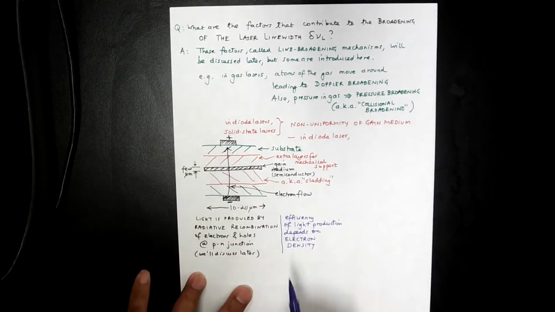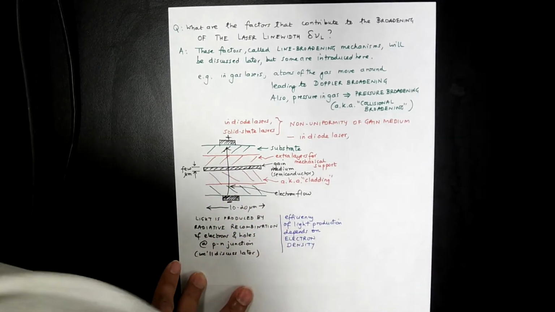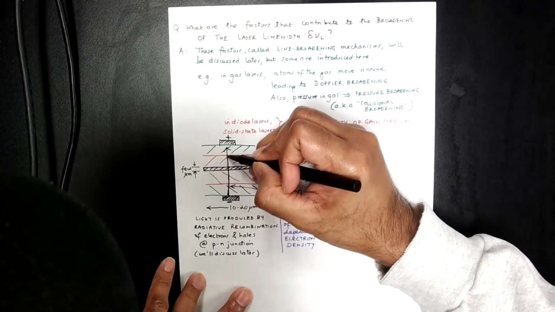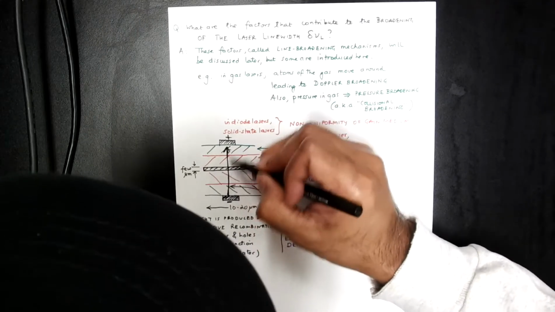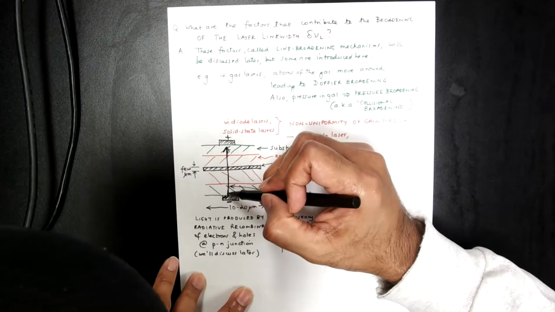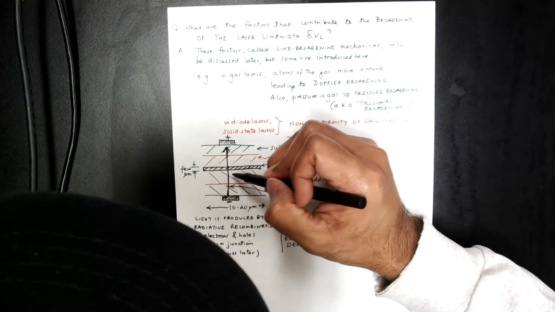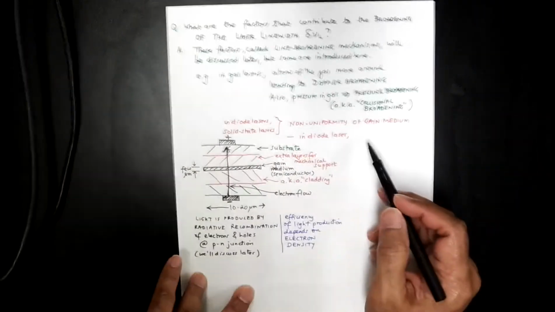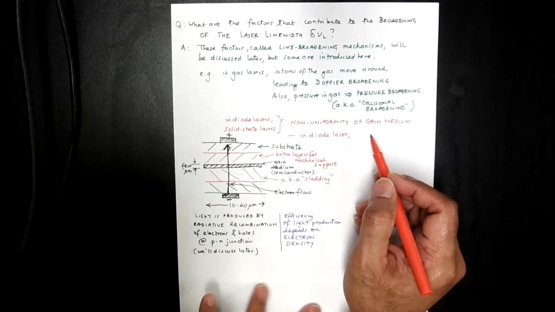Okay, so this electron density is not uniform everywhere, because as you can sort of guess, if you have a current going, electrons flowing like this, then there's a certain profile to this electron flow. It might be more in the center and then falling away as you move radially outward this way or that, right? So there's an electron density profile, and so the point is that this non-uniformity of gain medium, so in